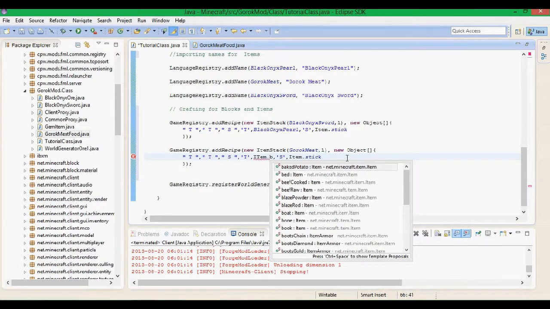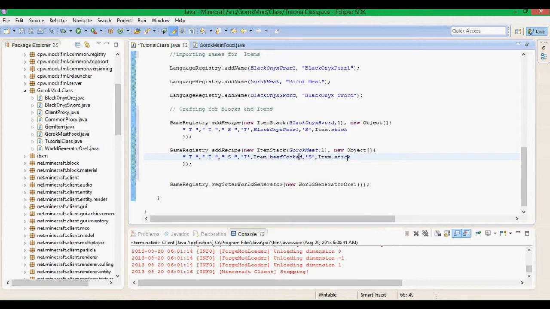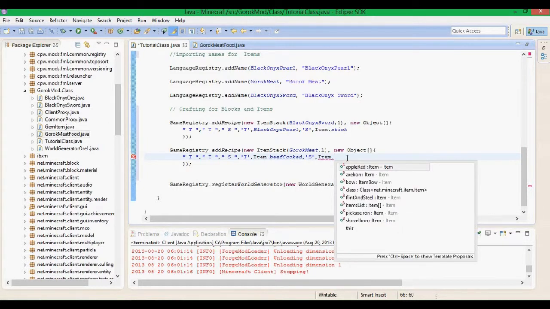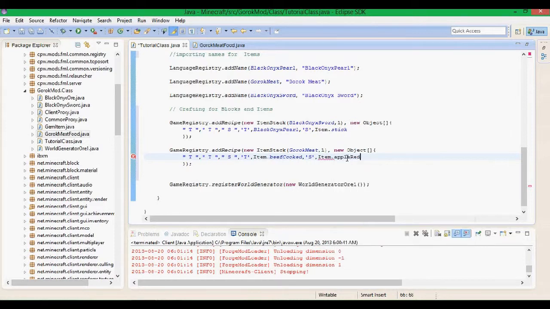Item steak, no, beef, cooked beef, and we're not gonna put a stick, we're gonna put... I don't know what